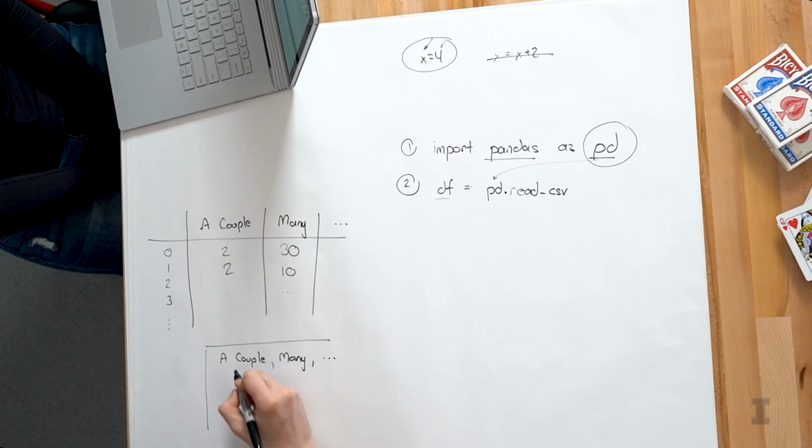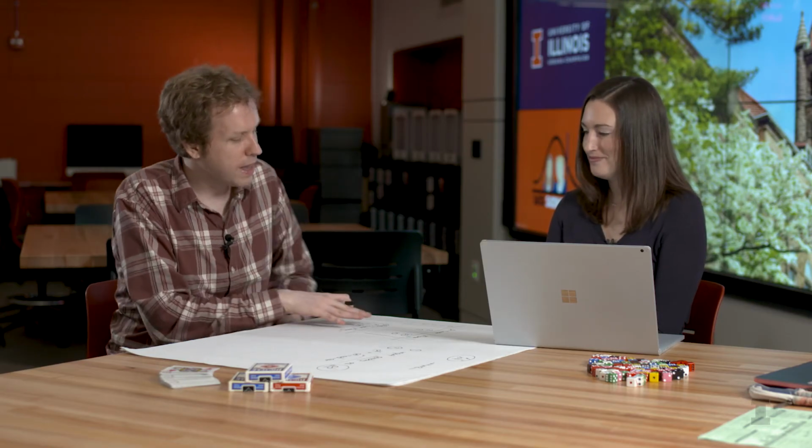again separated by commas. So index row 0 is Carly's answers, which she thought 2 was a couple, then 30 was many, and a number of other answers. The next one is me. I thought 2 was a couple as well, then 10 was many, and so on. And this is a CSV file, called comma separated values. This is a way that Excel, Google Sheets, Numbers, or any other application you use to work with spreadsheets will be able to export your data as a CSV file.